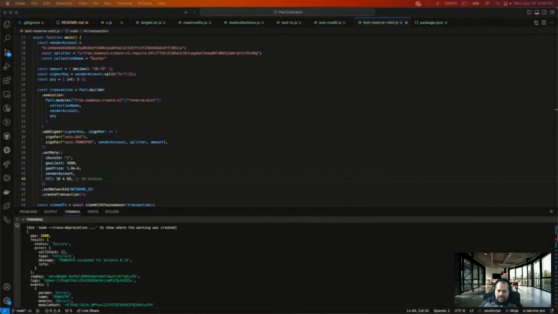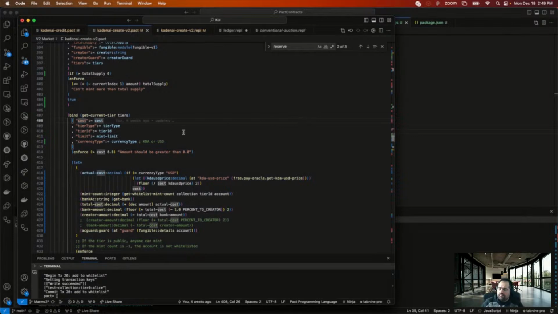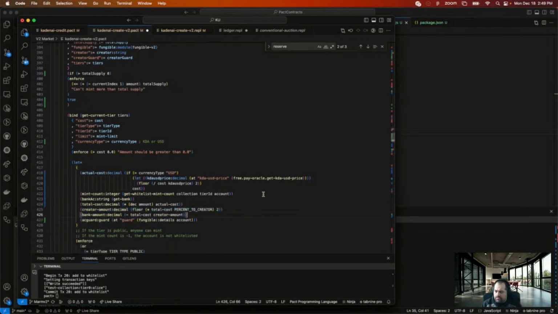It's still on the bank amount. Why is it not happy with that? Still, even with, well, I guess that if that didn't help, gotta put it back to how it was. All right, so KDA USD price. If it's USD, we're gonna use that. What would it cost?